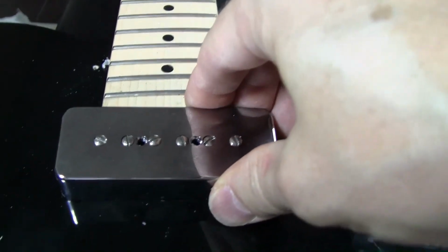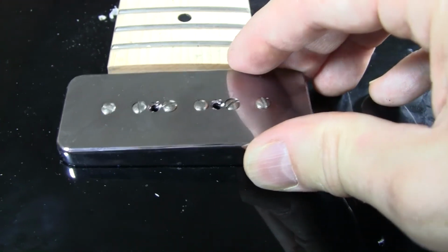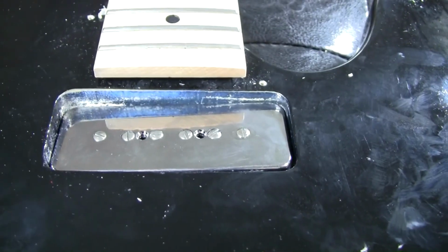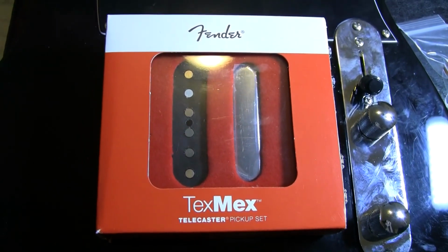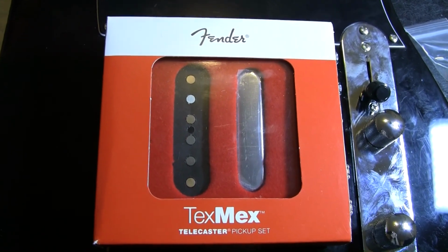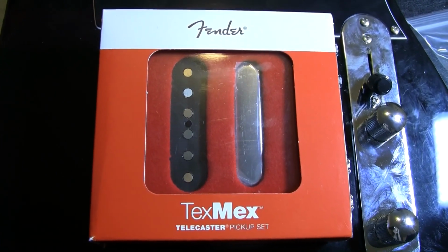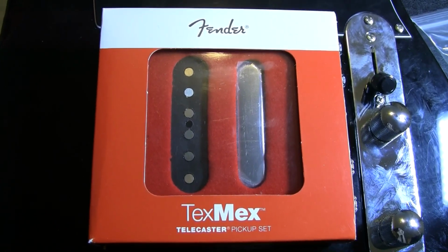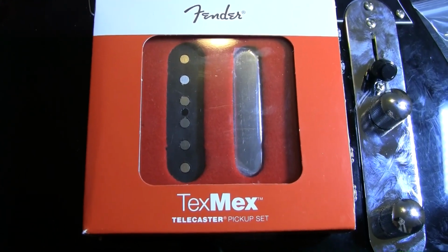But on a happier note, I happen to have this chrome-covered Alnico P90 in my possession, and so I will use this on the neck, and this fits. And that is one deep neck pocket, folks. What about the bridge pickup, you're asking? Well, good question. To that end, I've got these Fender Tex-Mex Tele pickups I've had lying around for a while, and we're going to drop these in the bridge. They're all nickel, they're quite hot. Don't forget they're nicely priced. I've used them in a bunch of builds before, and this is going to be hugely better than the existing bridge pickup, which kind of just sounds like...